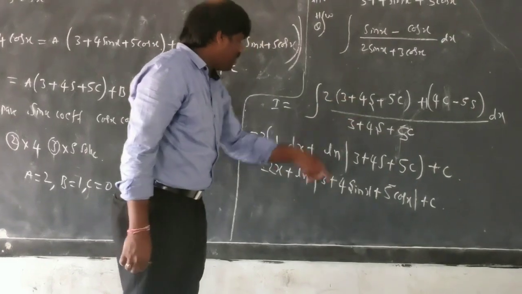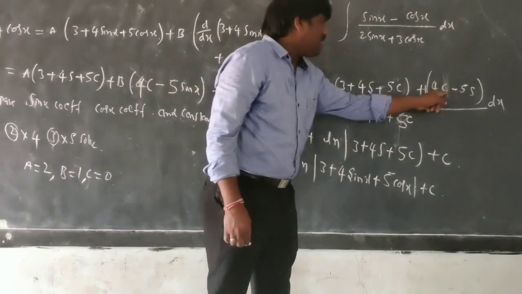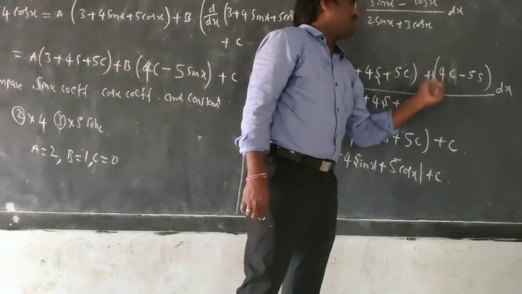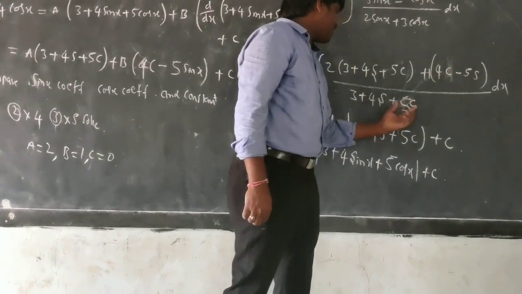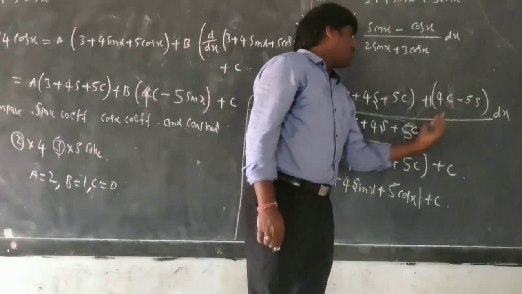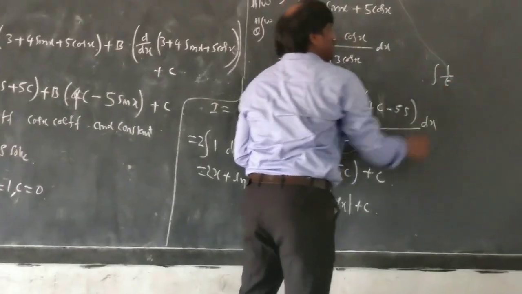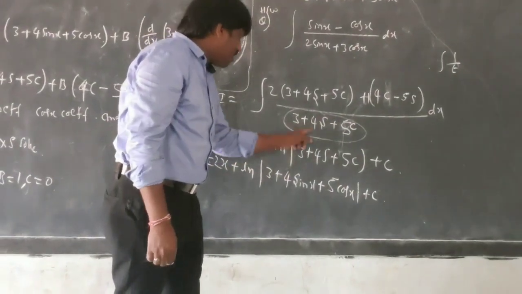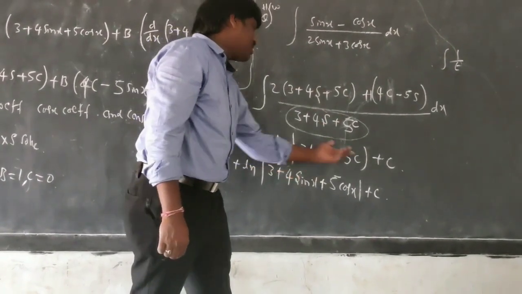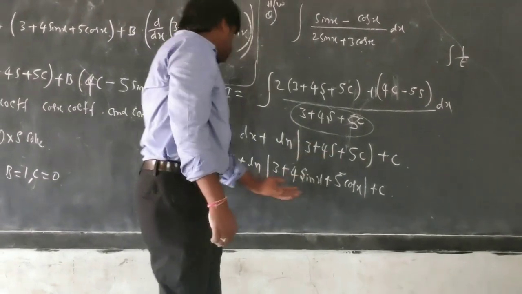Now you separate this. In the first part, the denominator cancels, leaving 2 times the integral of dx. In the second part, take the whole denominator as t, then the differentiation becomes dt, so I get dt upon t. The integration of 1 upon t is ln mod t. So it is the differentiation of the function over the function, and the answer is ln mod t plus c. And t is what we substituted, so this is the final answer.